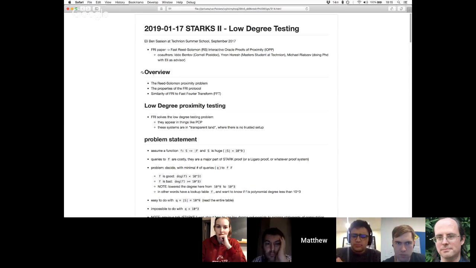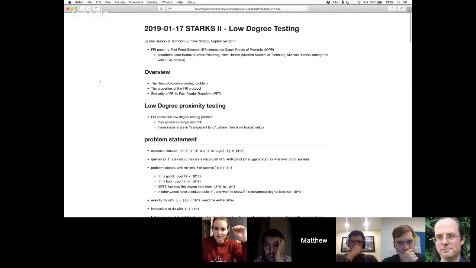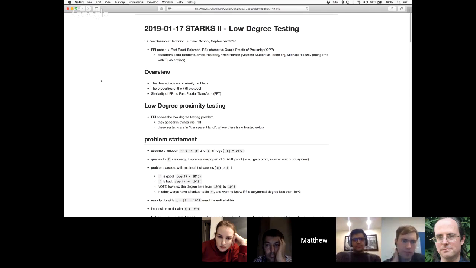So the overview was split into three parts. First, what is the Reed-Solomon proximity problem, which is effectively low degree proximity testing. Then he went deeper into what is the Fry protocol that they made. And then it ended in a very in-depth look at, or tried to make the comparison of, fast Fourier transforms and how it's similar to Fry, basically in the recursive nature and how you split the problem